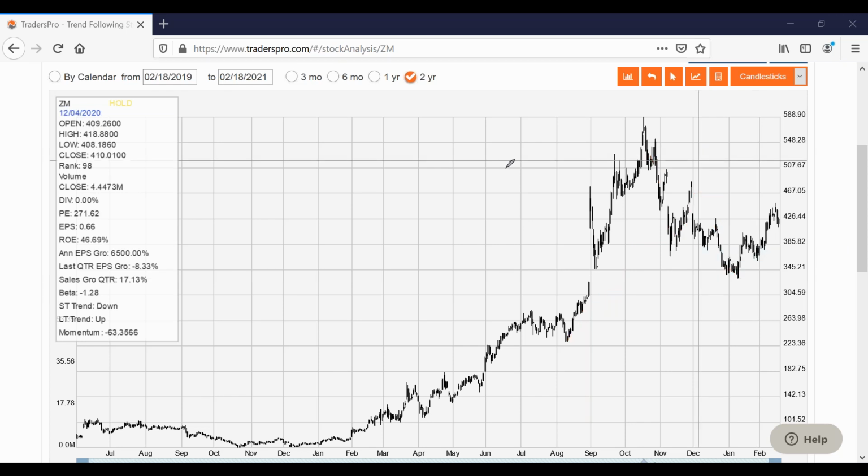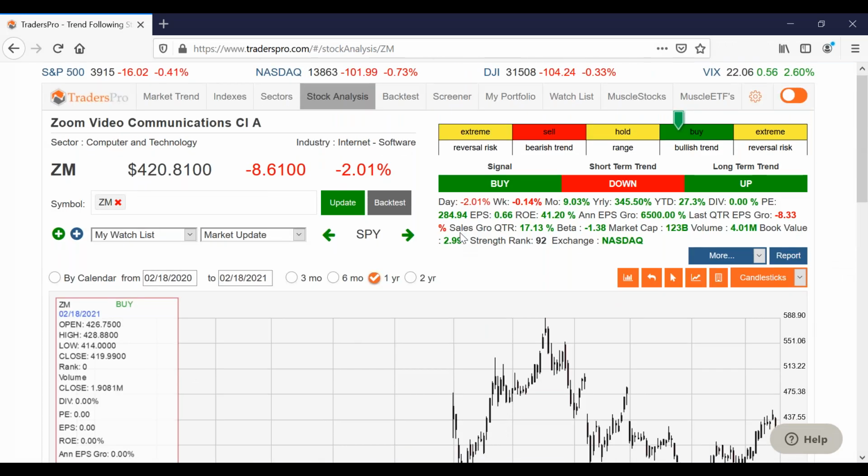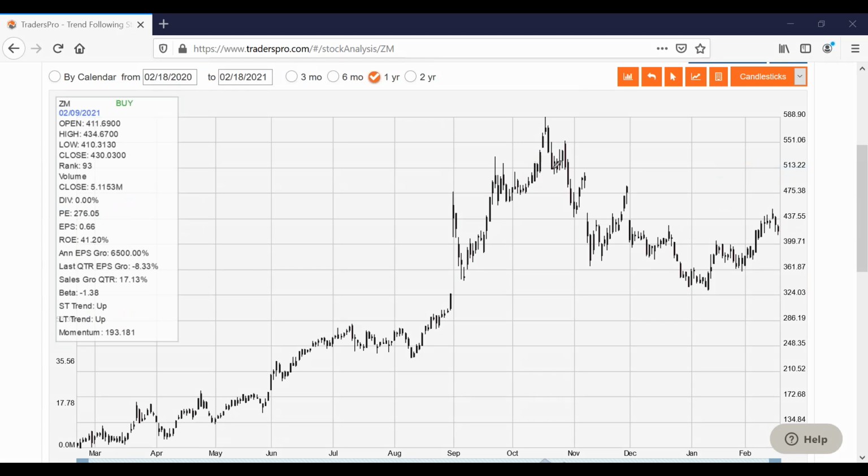You should have 5 waves in that first move down. Looks like 1, 2, 3, 4, 5, wave A, B, C for wave B, and that looks like 1, 2, 3, 4, 5 for wave C. What I was looking at is the possibility this is wave 1, wave 2, and we're heading higher.